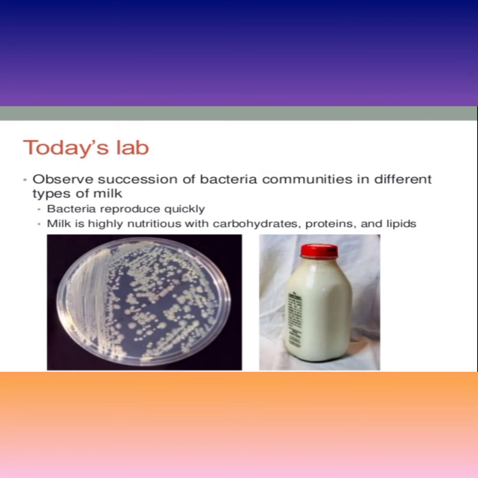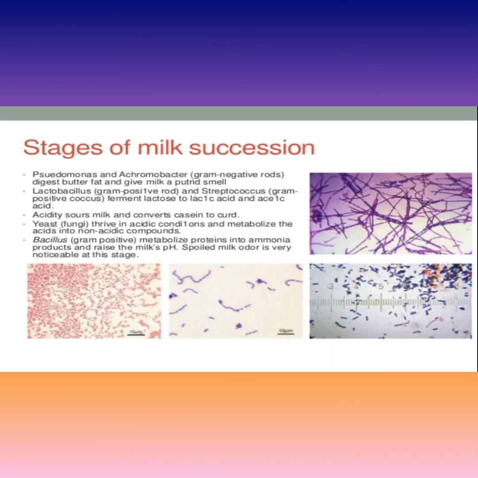Observe the succession of bacteria communities in different types of milk. Bacteria reproduce quickly. Milk is highly nutritious with carbohydrate, protein and lipid. Stages of milk succession. Pseudomonas, Acrobacterium gram-negative rods digest the butter and fat and give the milk a putrid smell. Lactobacillus, gram-positive bacteria, Streptococcus